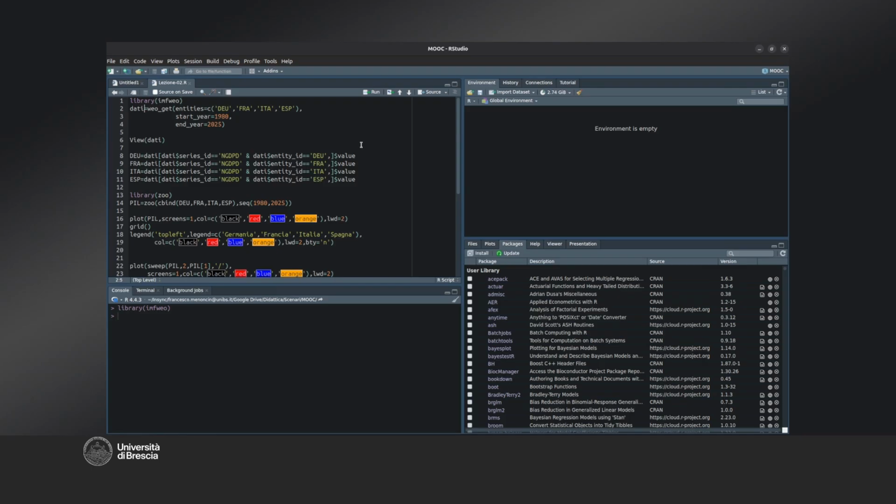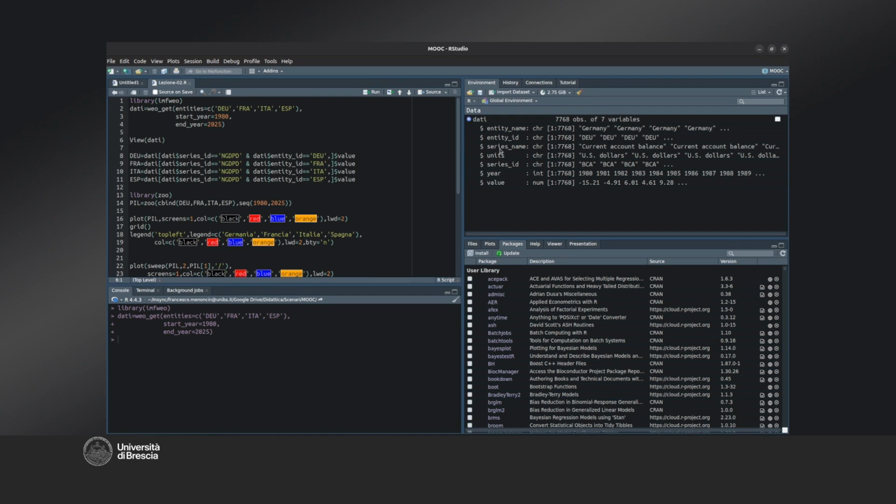Now we can access the International Monetary Fund using the wget command to obtain the values from 1980 to 2025 for Germany, France, Italy, and Spain. You can specify different values if you want. Of course, pressing Ctrl and Enter downloads the data, which we can see at the top right here, along with a series of indicated units of measurement.